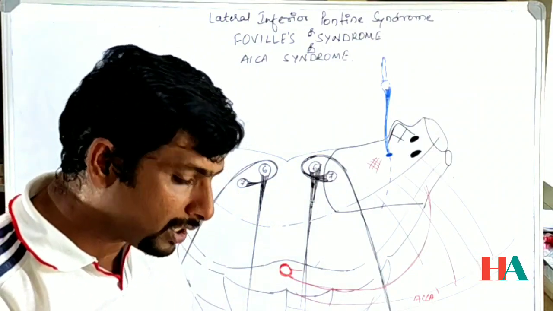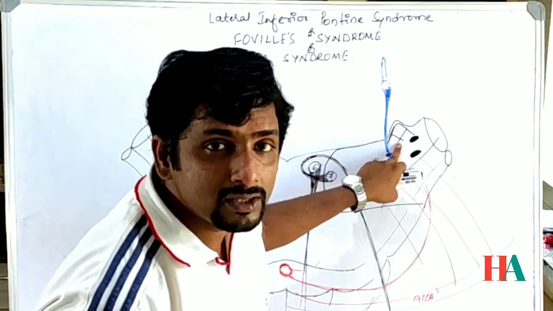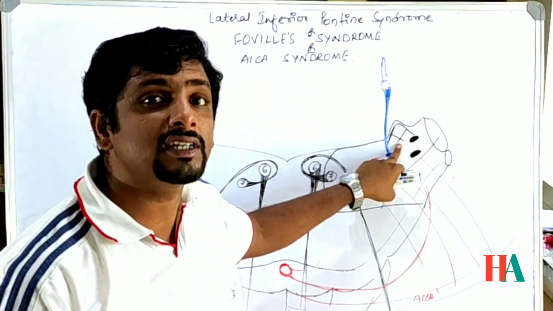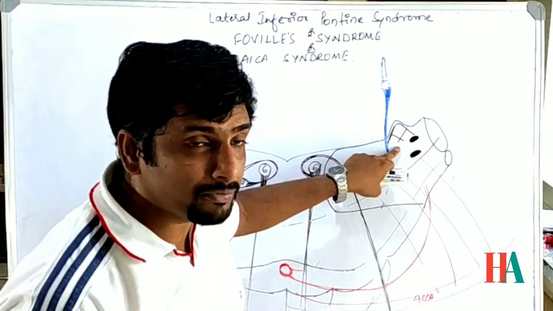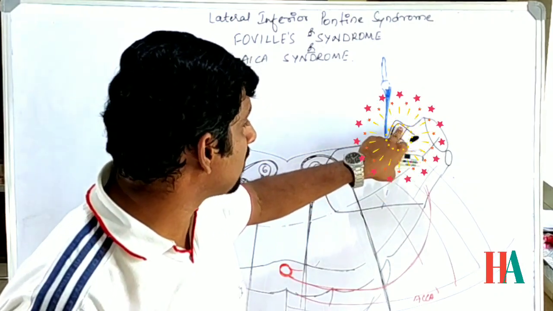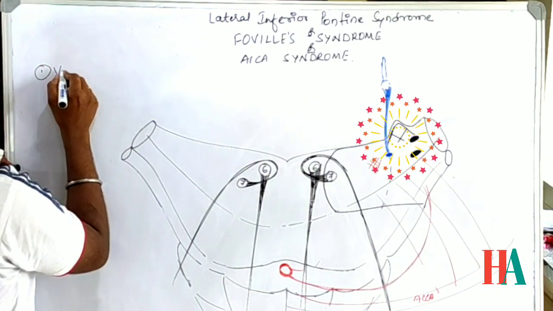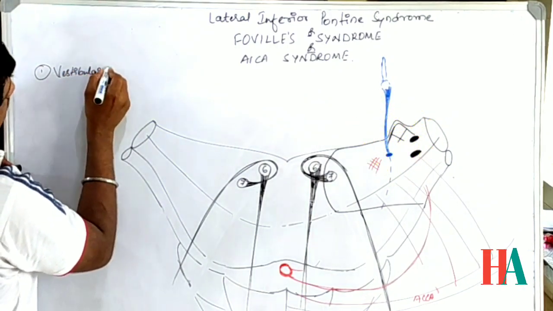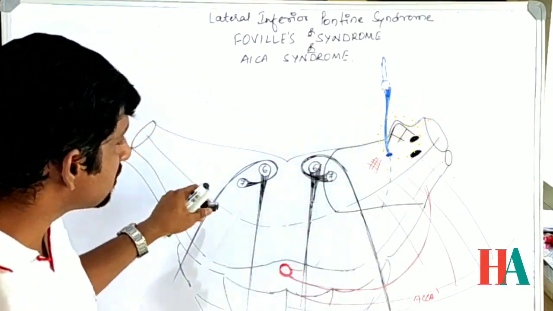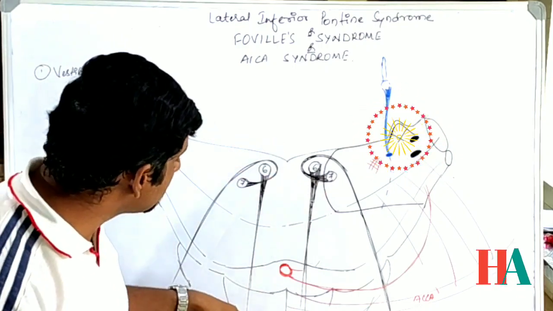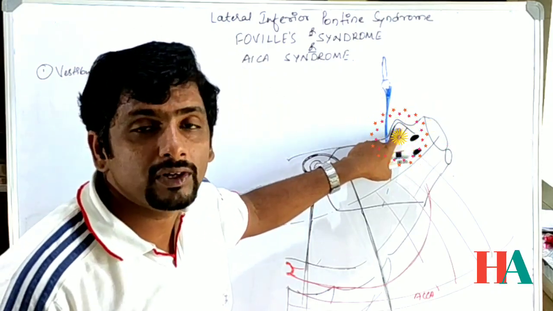Let us see one by one what those symptoms are. First we'll start with this one here. First we will discuss the ipsilateral side, then the contralateral side. Ipsilateral side, the same side of the affected part, the first thing that will come from here is the vestibular nucleus. Okay, shall I remove this lateral part so that we can understand this one? Same thing will be on either side. So we'll remove this one and try to write some notes regarding it. The vestibular nucleus is going to get involved here.